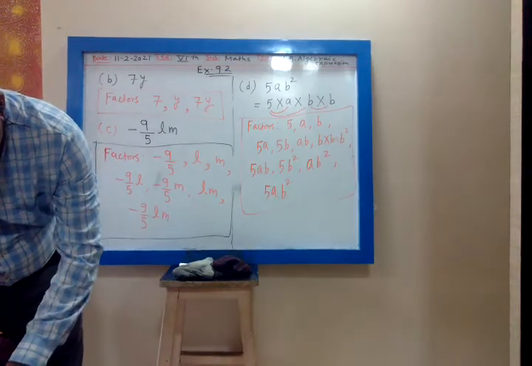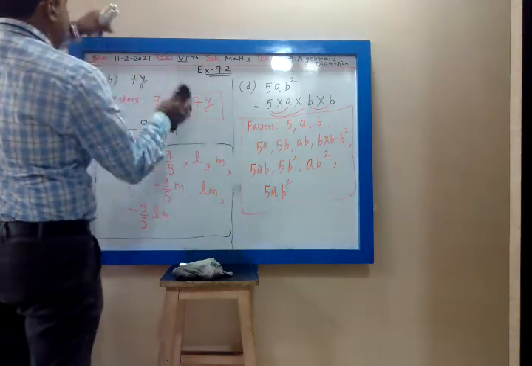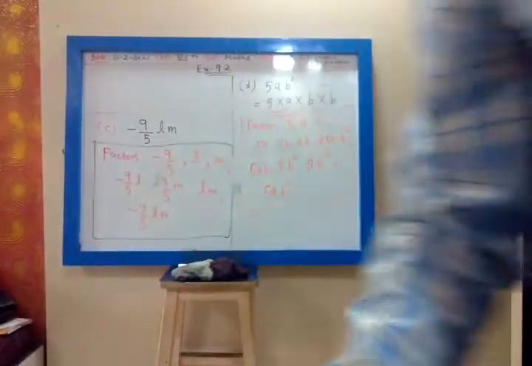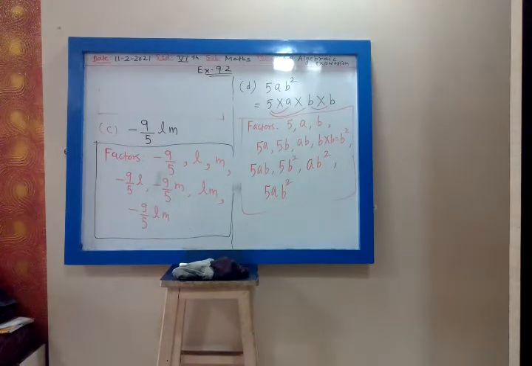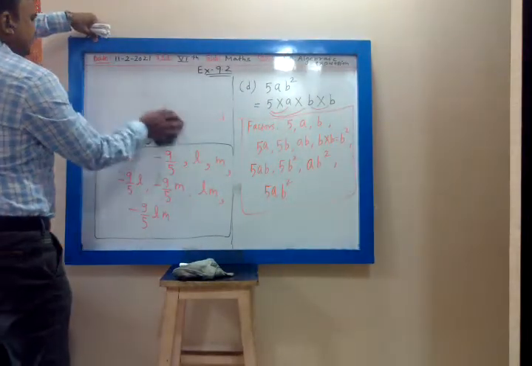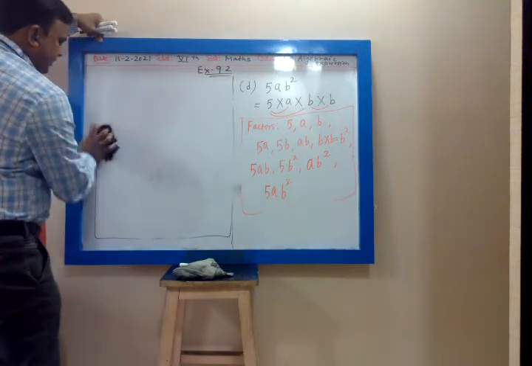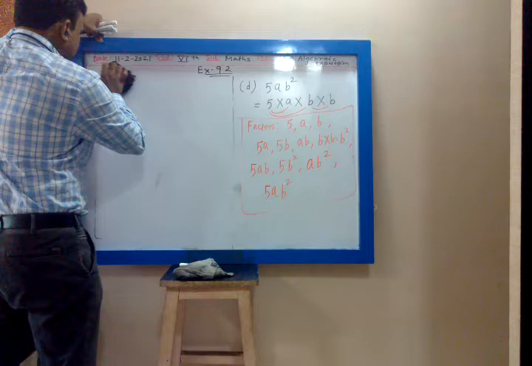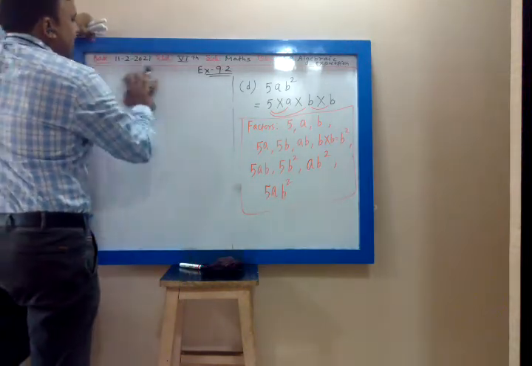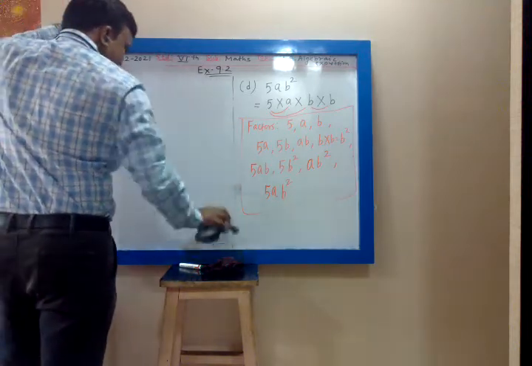Then 7th, write the numeral coefficient of. My dear, the board is clear. Very much clear board. Yes, the board is clear because I am checking simultaneously. So when you say it is not clear, I go and check it, and then only I give the answer. Without checking, I don't give the answer.